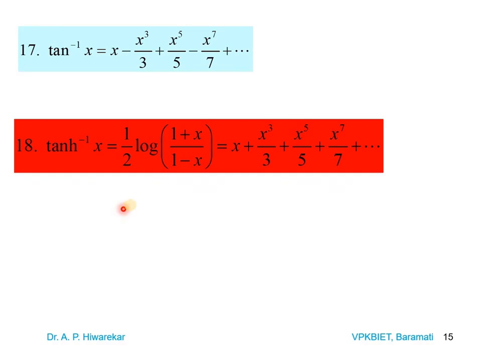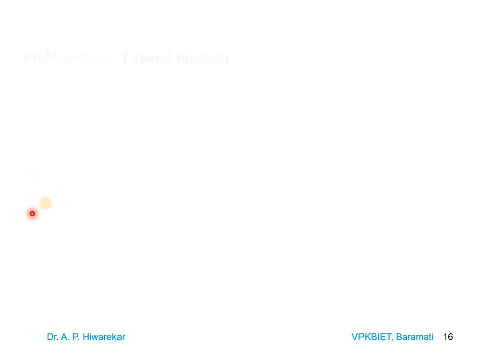So all of you need to remember all these 18 results, which play the most important role in calculating series expansion of other functions. These results play a very important role in deriving some more series. These are the basic standard functions and their expansion using Taylor series that we have seen. And how do you obtain this? Just by applying Maclaurin's formula. So based on Maclaurin series we have seen those results.